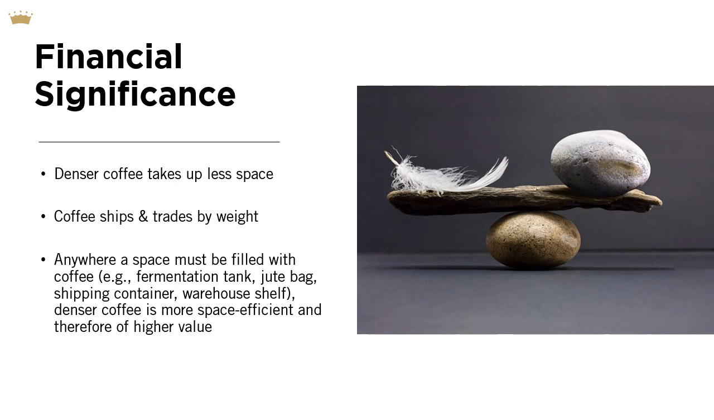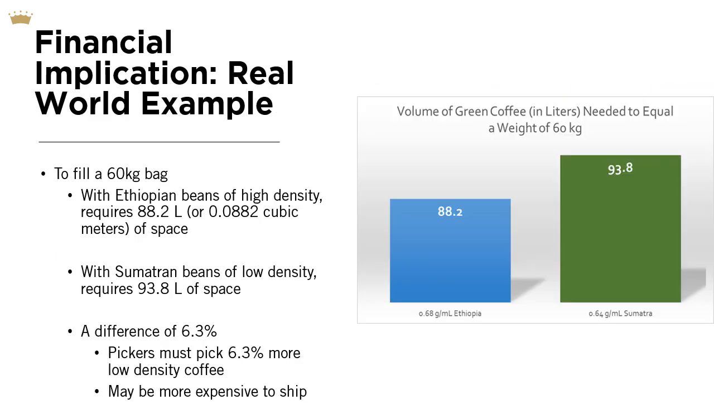Each high-density coffee bean that's picked, processed, and sorted is more valuable because it weighs more and/or takes up less space than a similar bean of low density. So let's take a look at a mathematical example using our Sumatran and Ethiopian coffees from before. To fill a 60 kg bag of Ethiopian coffee beans of higher density will require about 88.2 liters of space. To fill the same weight with the lower density Sumatra, you'd need 93.8 liters of space, which is 6.3% more